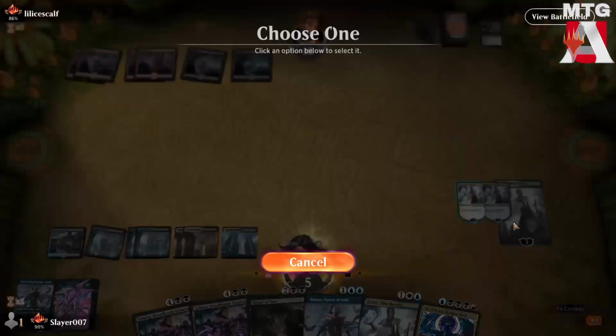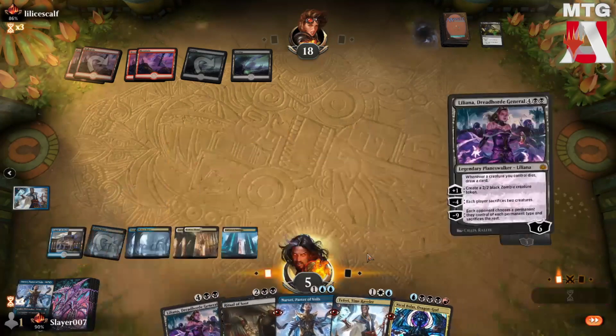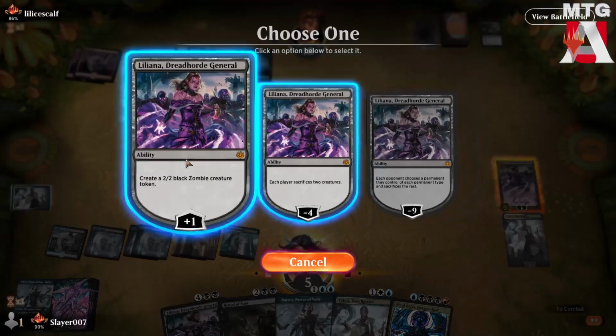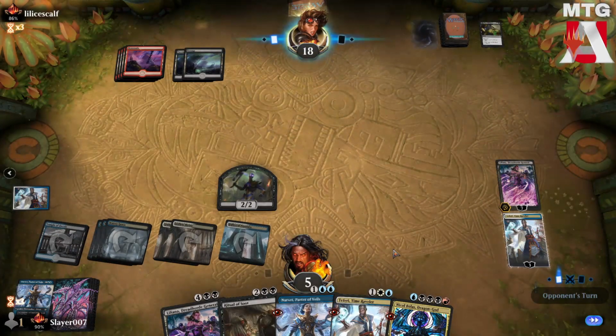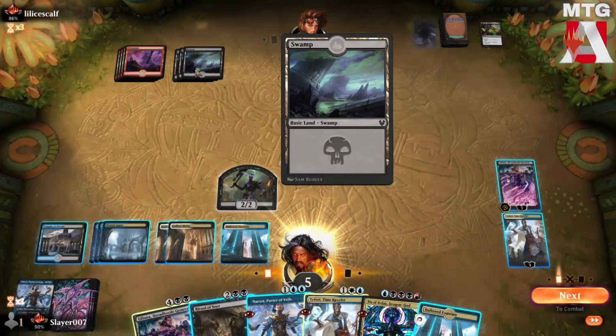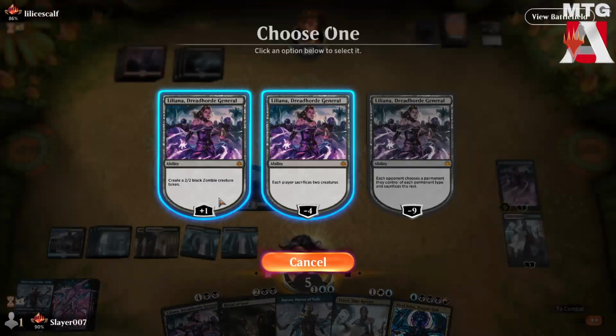I like Nicol. Plus Teferi. Play our Liliana. See if we can get there. We're gonna plus here, of course. Get a zombie. Protect ourselves a little bit. So our opponent has a little bit of mana constraint, although they do find an extra swamp now. So that's going to allow them...